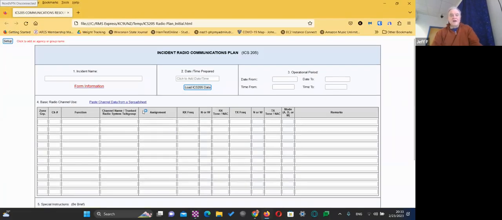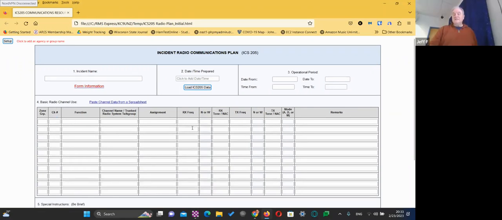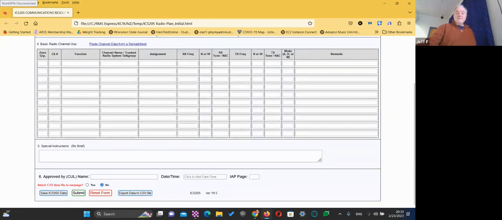So here's your 205 form. What radio functions, all this is on the 205. So you can fill it out here and